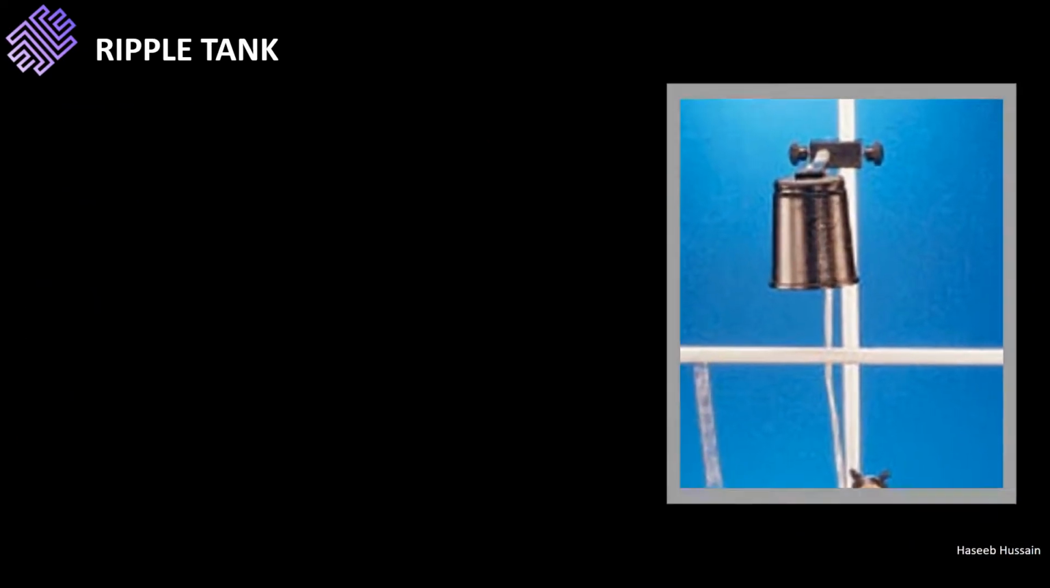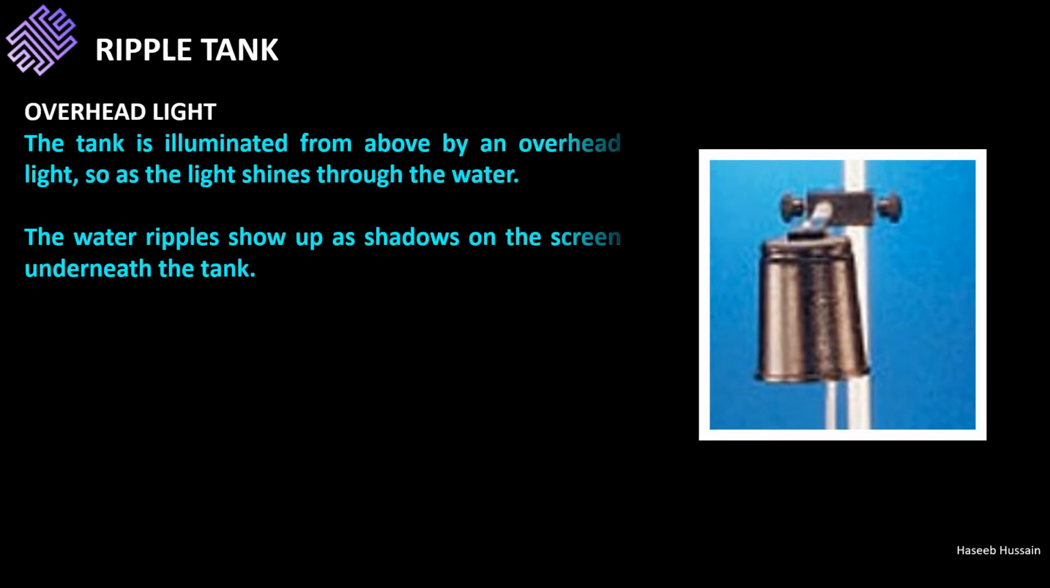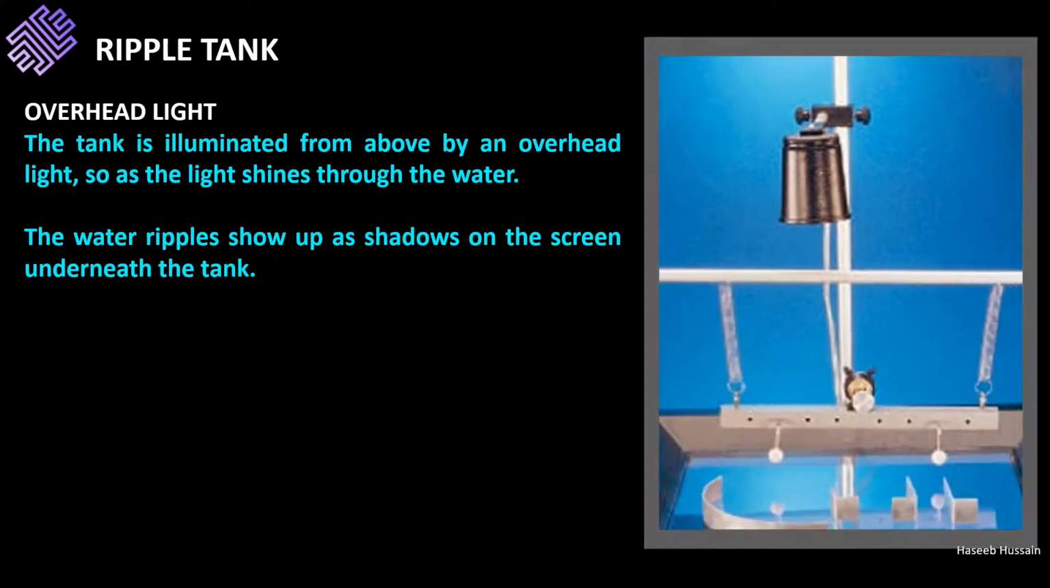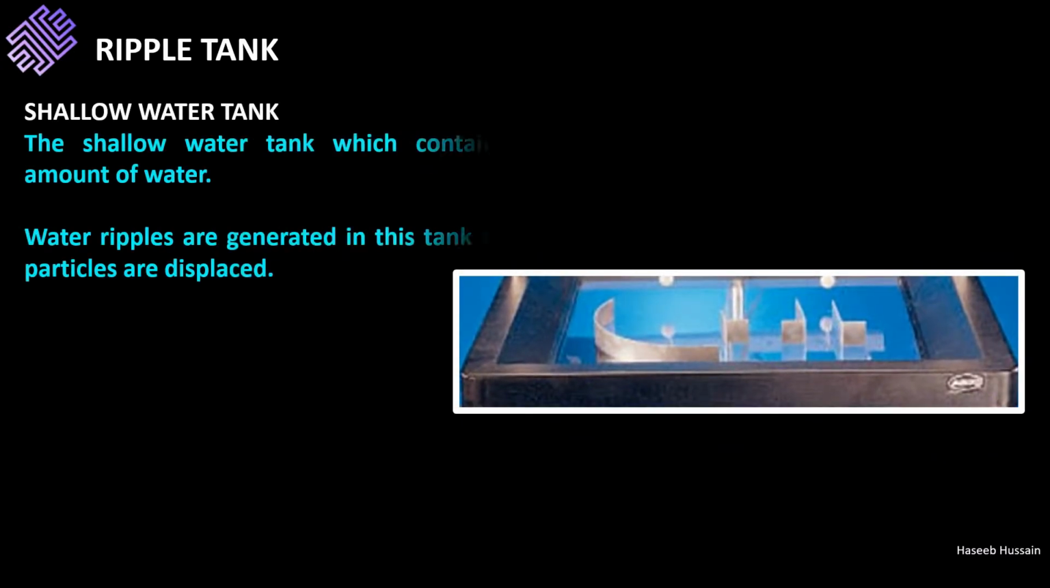At the top of the ripple tank is an overhead light. This is used to shine light on the below water tank. The water ripples then appear in a set pattern, which is later observed on a screen. We then have the shallow water tank. This tank contains a certain amount of water through which the waves are generated. Note, the bottom of this tank is transparent, which allows the light to pass through and the pattern to be observed